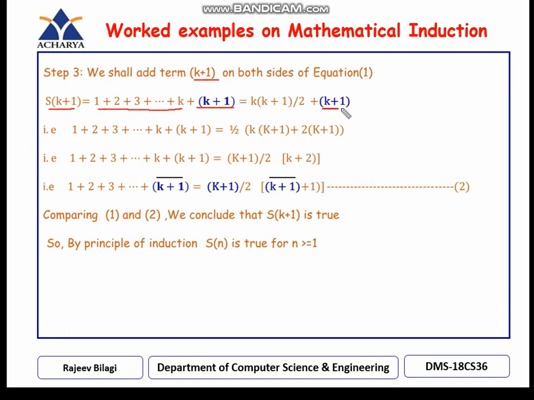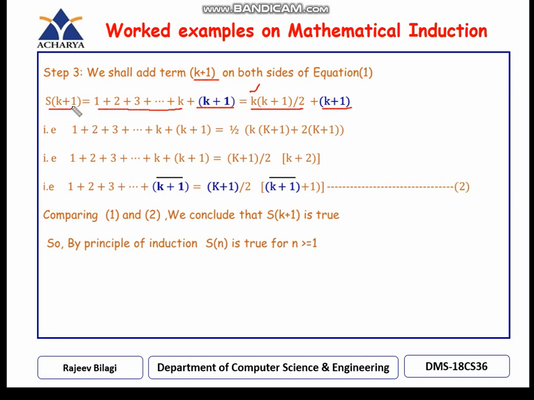If you look at here, till this k, the statement gives you k into bracket k plus 1 divided by 2 plus k plus 1. So what I need to prove is, wherever I am getting k here, I should get k plus 1. So I should get k plus 1 into another bracket k plus 1 divided by 2. So that is what I am going to prove now.